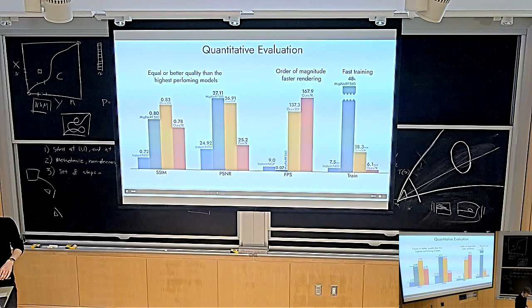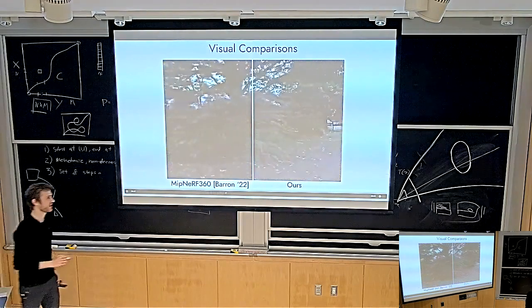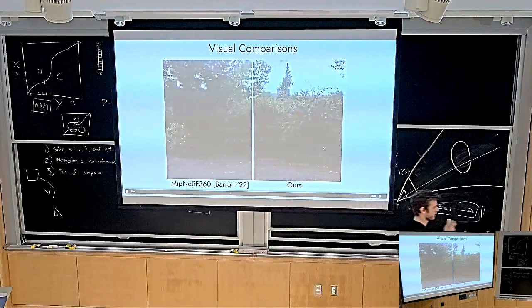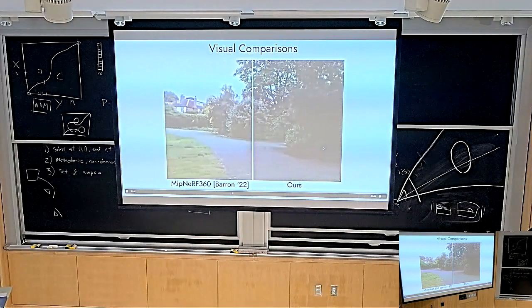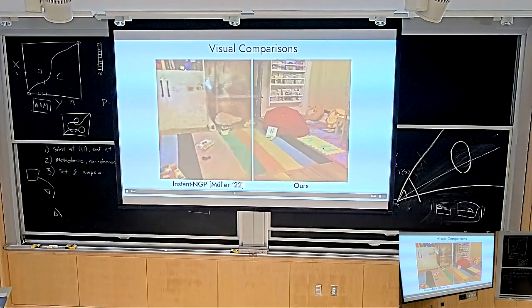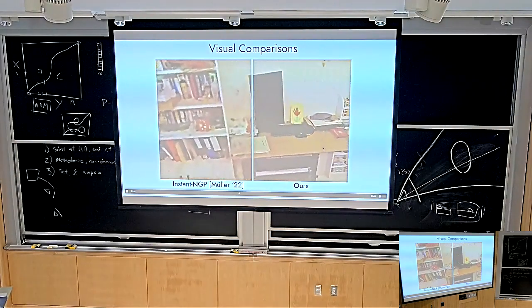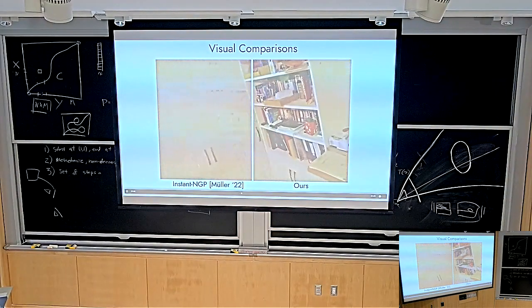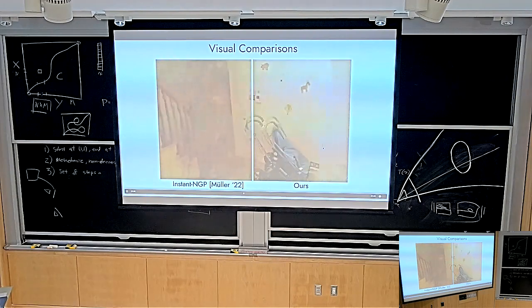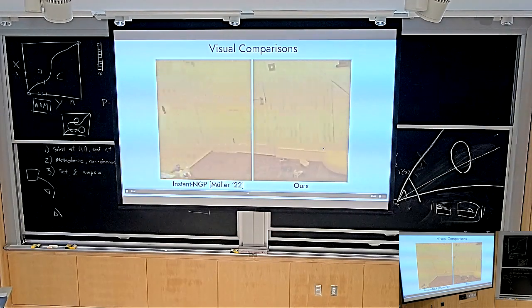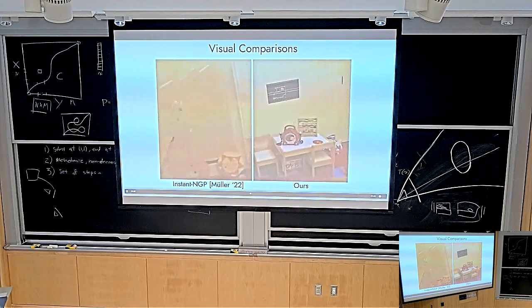Let's jump ahead. So yeah, here's a few comparisons. Mip-NeRF 360 is a neural radiance field approach with a hybrid scene representation, voxel grids, and Instant NGP is also voxel grids with a hash map, and you can see that you get all these floaters. So intuitively, these floating artifacts that you get, it makes a lot of sense why the thing that we're just discussing might not have any more floaters, right?